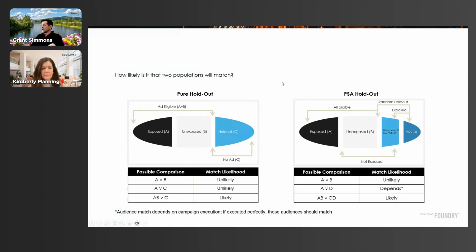And then you can again compare that to a PSA. You run a PSA to control for that exposure bias, right? And so if you have an exposed universe on both the control side and the test side, theoretically you've removed that bias, but again, you're in the problem that a PSA will not optimize to better or more engaged customers. A brand ad typically will. And if you want an actual measurement, you have to turn off optimization and amend your ad server algorithm. So holdouts are a little problematic.